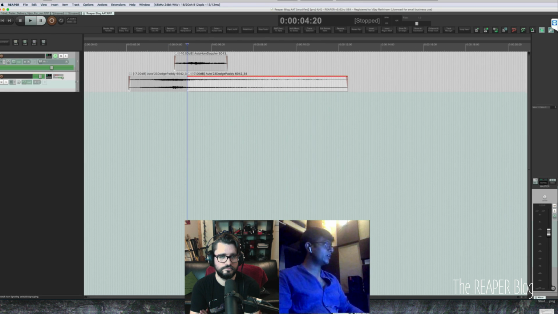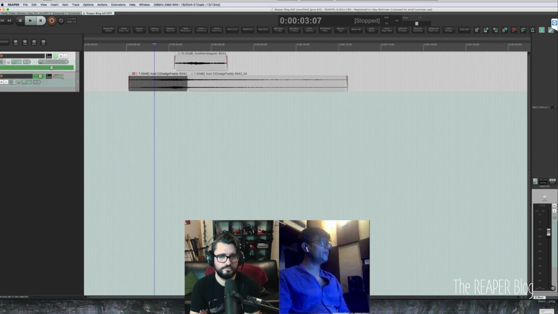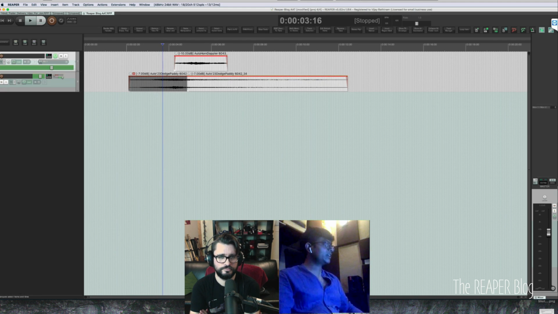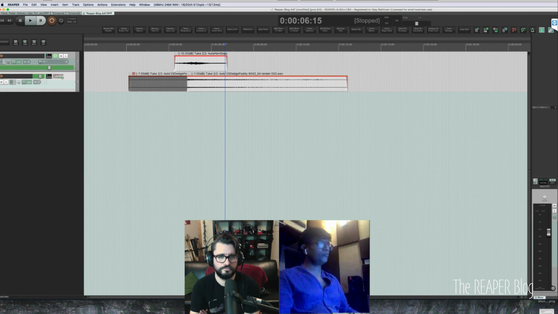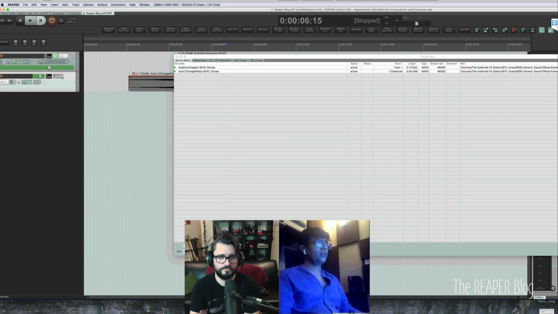I'll show you one more thing. Let's say if I cut this and if this is muted, I want this item to be muted in Pro Tools as well. Okay. So if I select all and hit render, then all these files get copied into your project directory. You can actually do this by right-click and copy, but the problem is